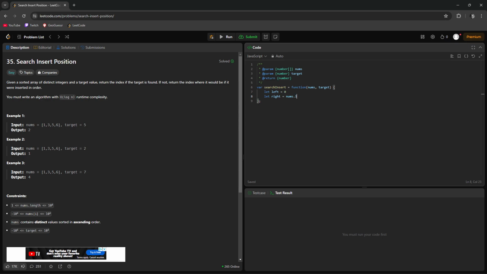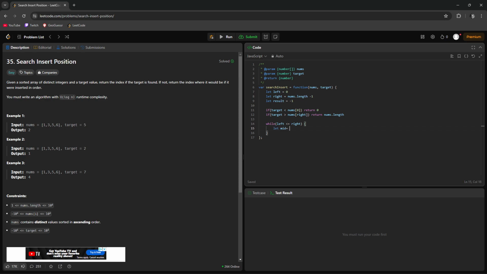Right equals length minus 1. Result equals -1. If target less than nums[0], return 0. And if target is greater than nums[right], the last index, return nums.length, insert at the end. While left less than or equal to right,